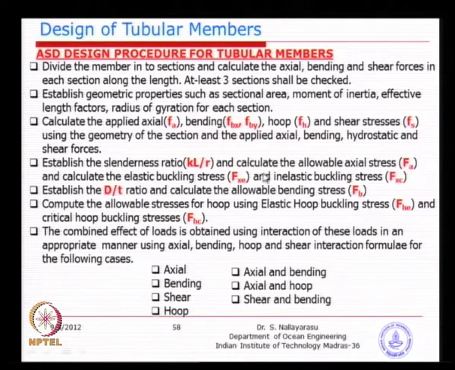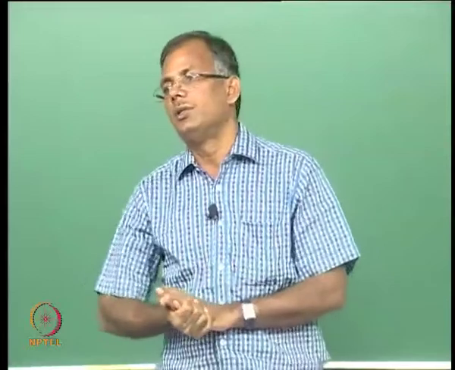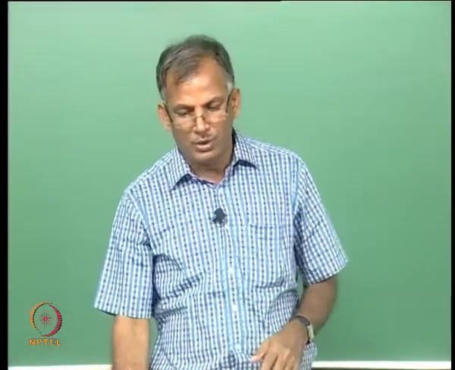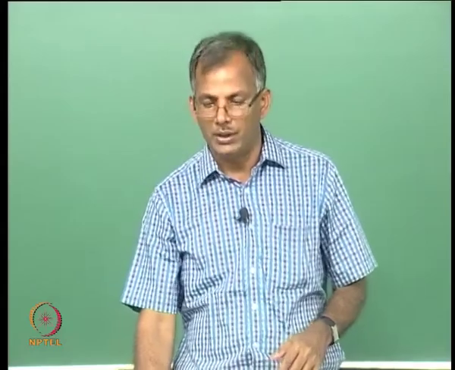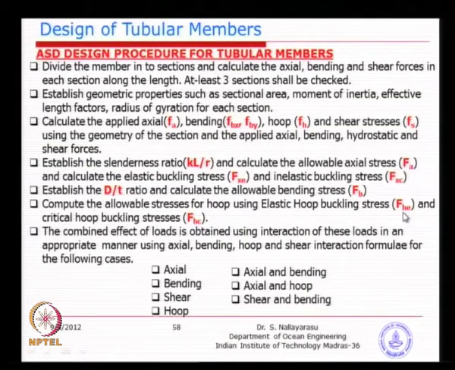buckling will happen. The first one here, the local buckling is due to axial stress, whereas the fourth one, the buckling stress is due to the hydrostatic pressure applied on the outside of the cylinder. And that is why you see the two symbols: the buckling stress due to axial stress is Fxe, whereas hoop stress is called Fhe. So, please note down the symbol change. If it is axial stress or axial load, the corresponding buckling is Fxe, whereas if it is hoop or due to hydrostatic pressure, then it is Fhe, the elastic part.